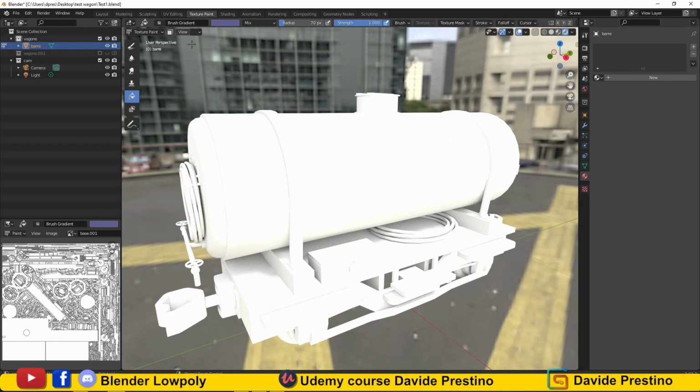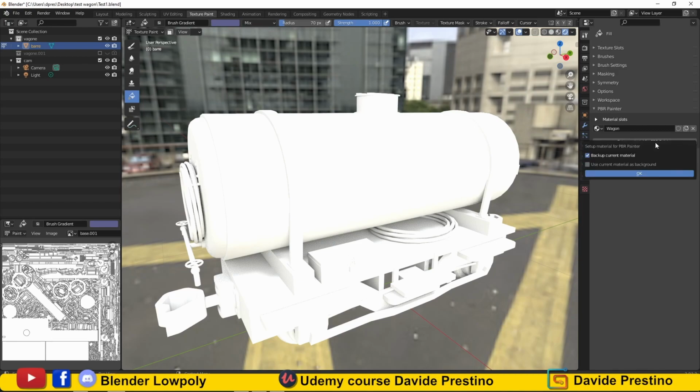From PBR Painter we add a new material, and in this we load all the textures we have just created. This procedure will also be automated in future versions.